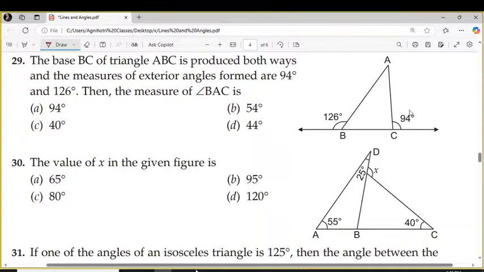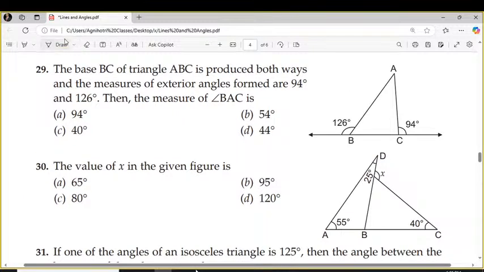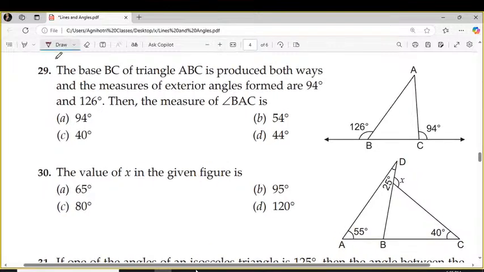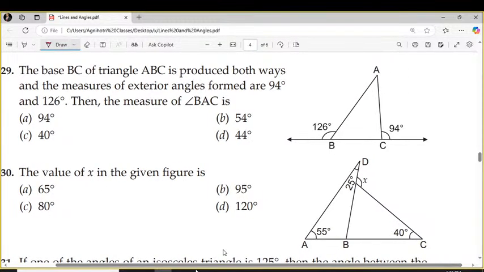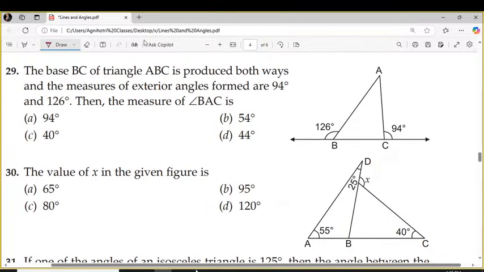If this is 94, then the sum of interior angles is equal to the exterior angle. You can use that concept, and that is why your angle BAC, let's consider it as